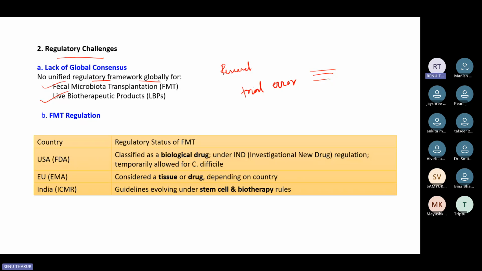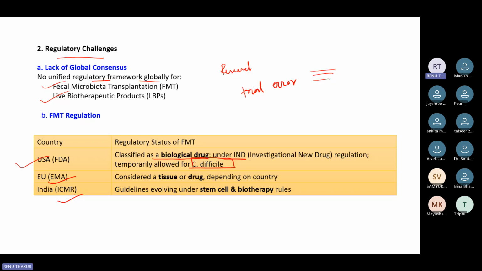For fecal microbiota transplantation regulation, we have US FDA, EMA, and ICMR in India. The US FDA classified it as a biological drug under IND, that is investigational new drug regulation, so temporarily allowed for, as we have studied, the Clostridium difficile disease. So fecal microbiota transplantation is for CDI. Now,